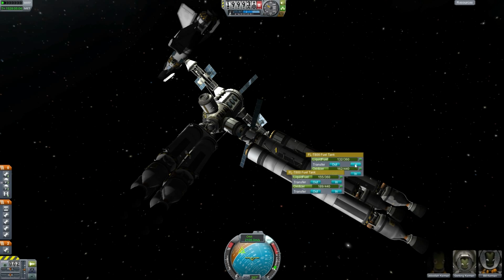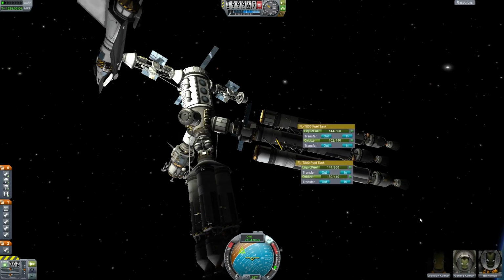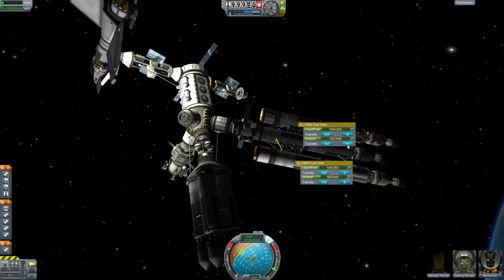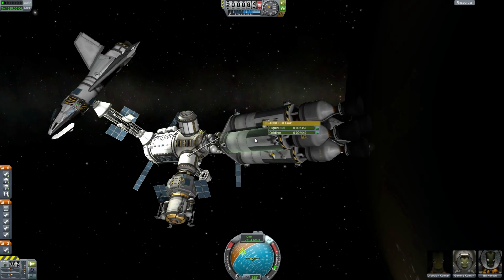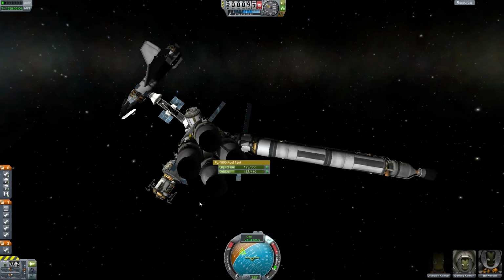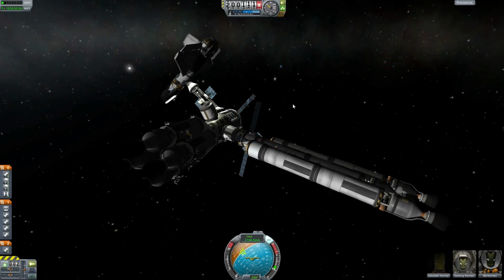132, we need a touch more. Perfect. And the other one, I need to be able to see both buttons. 189. 189. 186. We need a little bit more. That'll do. Perfect. So let's just double check. We got 0, 0, a little bit of fuel, 0. Right, so